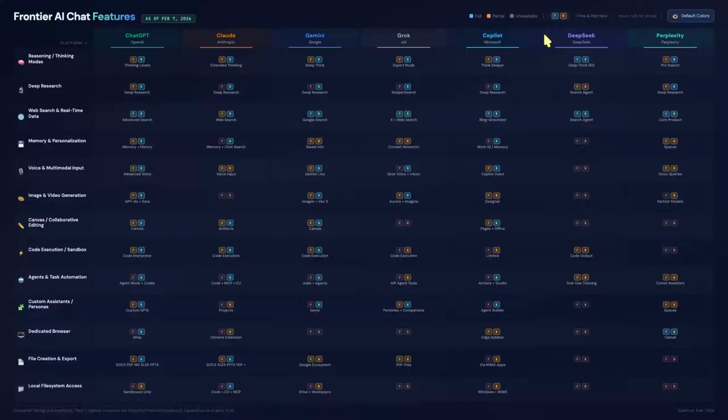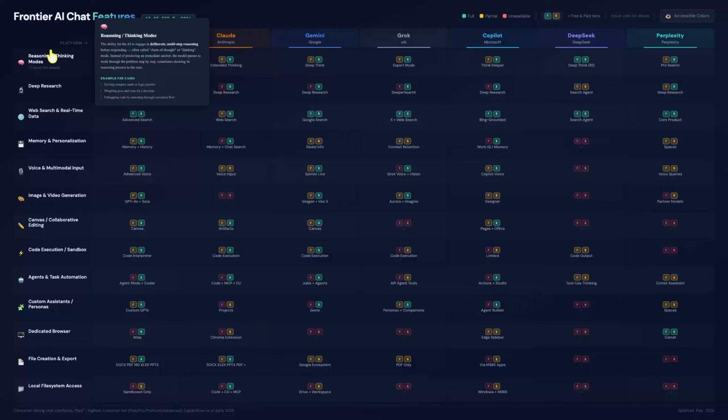You can actually move this into blue, orange, gray mode, or the natural inclination is to do green, yellow, red. This is fully available on the model for green. It's partially available for yellow, and red for unavailable. Okay, so let's go through the categories so that you can get a mental model of what you might want